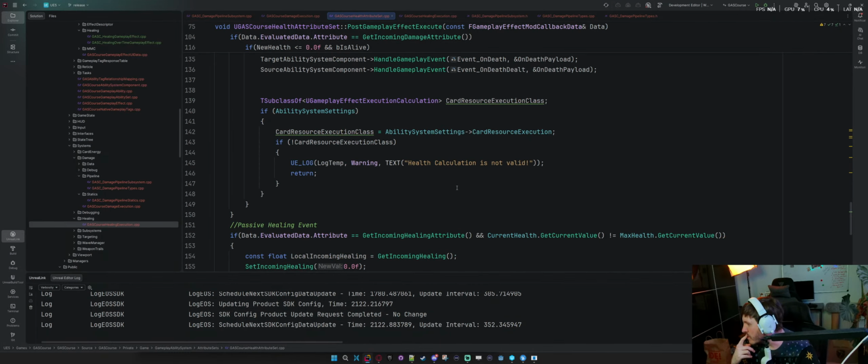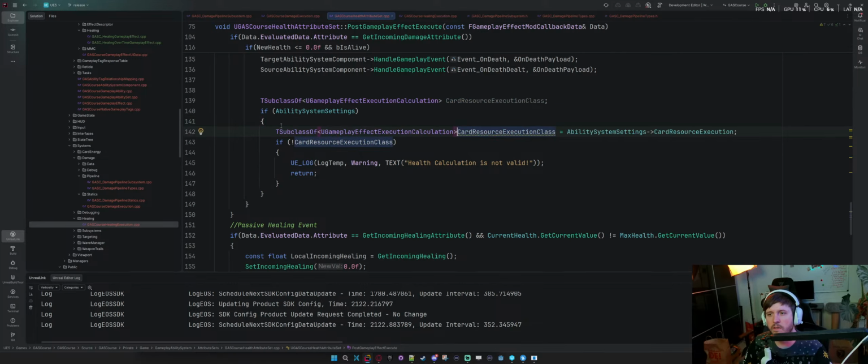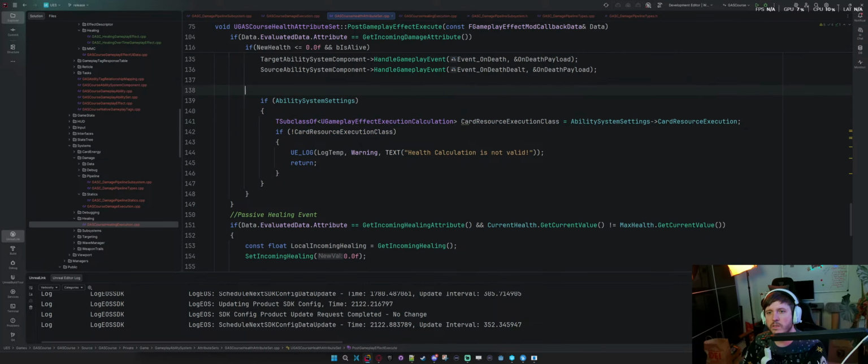So what do I want to test? Well, honestly, I want to make sure that this compiles. Also, they're saying I could probably move this to this. This is redundant.